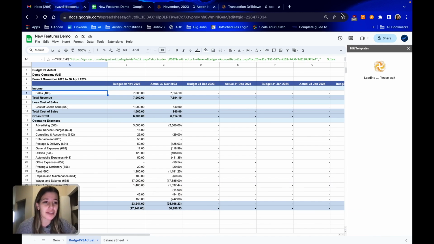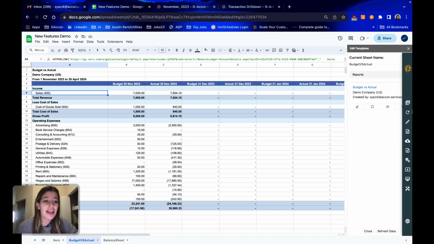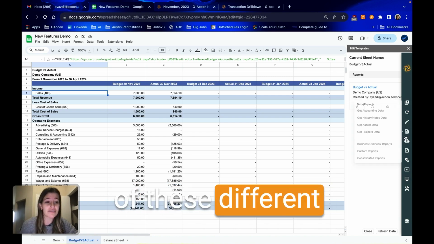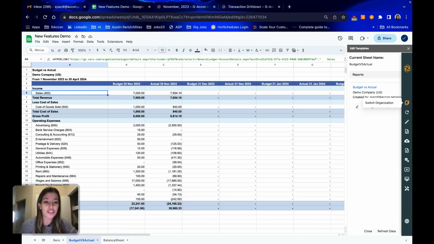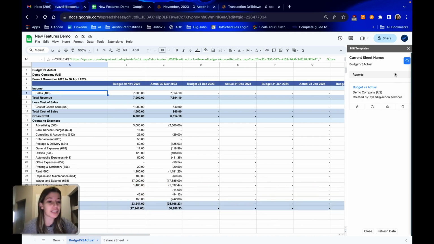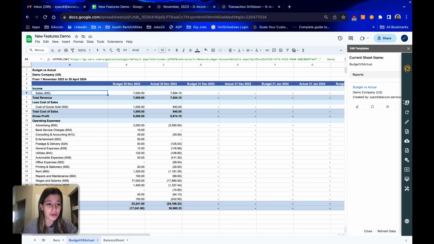So this is a typical side window that we've got here. You're probably used to seeing this, but you'll notice if I scroll to the right a little bit, I have all of these different options to choose from. So let's go through them and see what we've got. The sticky side menu will stay here until you close it out, so it's really easy to access. We are going to